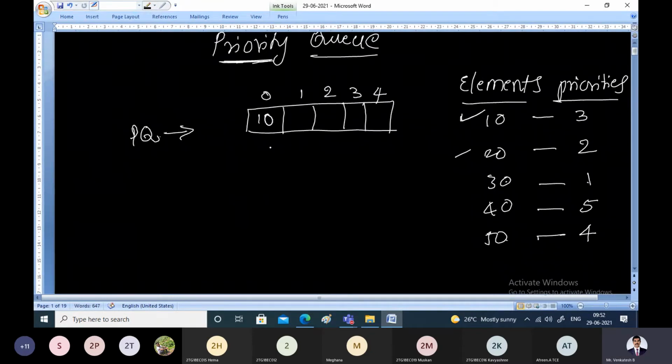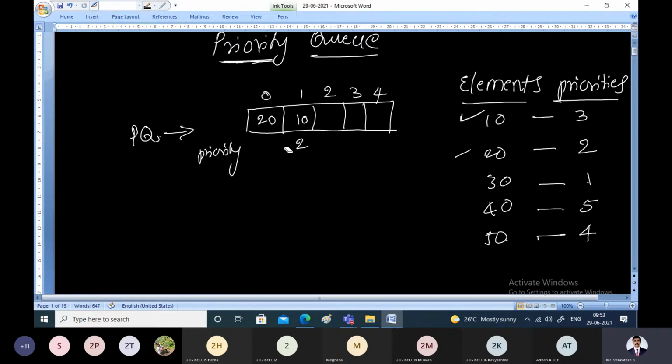First we insert 10, and its priority is 3. Next we have to insert 20, but its priority is 2. Our intention is to arrange the elements in increasing order. That means while inserting, 20 will occupy this place, and 30 will occupy this place, and 10 will occupy this place. That means 20 will come first, then 10.